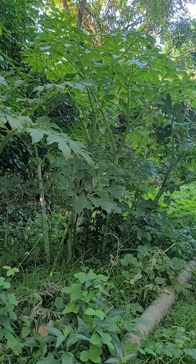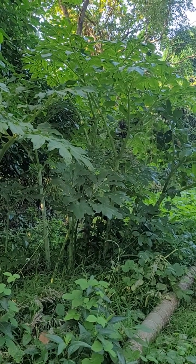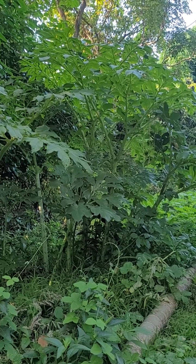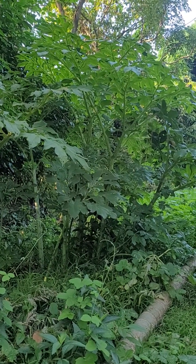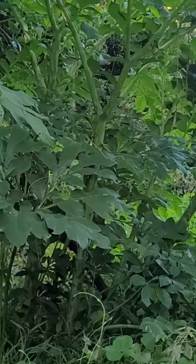This is actually a vegetable item, that Amorphophallus. Now this Amorphophallus is originally a forest plant, like all the other vegetables. We humans didn't invent anything,